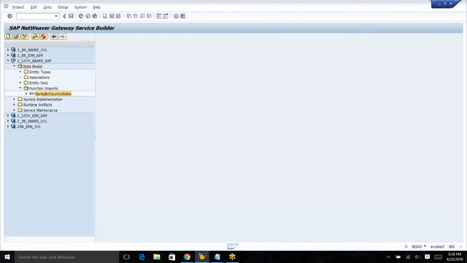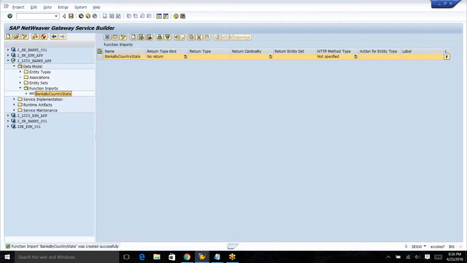What this function import does is, when I pass the country code and state code, it is going to give me banks associated with that country and state. So if you look at the function import, this is the name of it, and here you say what the return type is. The return type would be one of your entity types or complex types. I choose my entity type,